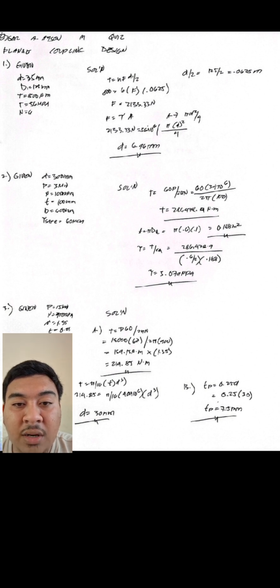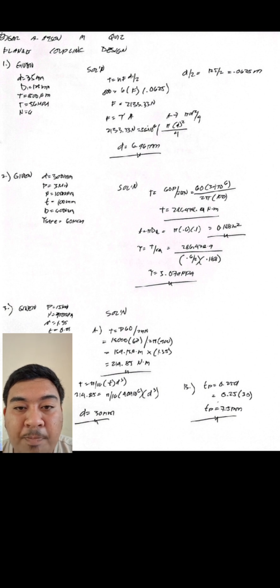286,478 Newton meter, or 286.478 kilonewton meter. So next, we determine the shearing area at the flange junction. The formula for area is equal to pi d squared over 4. By substituting the values, area is equal to pi times 0.6 times 0.1, so we can get the value of 0.188 meters squared. So solving for the shear stress is equal to